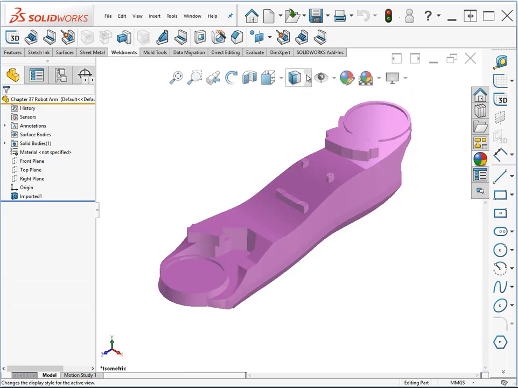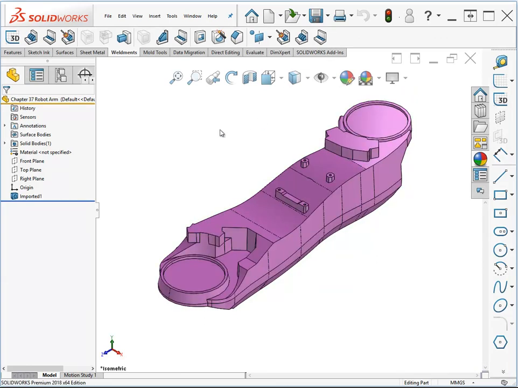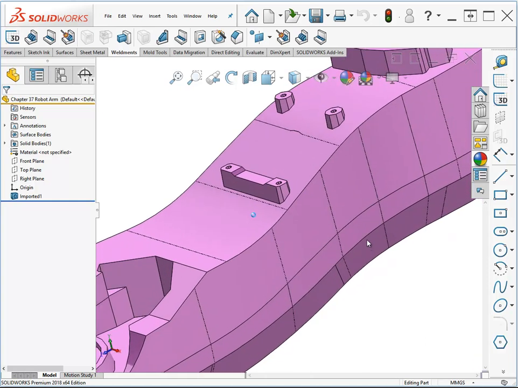And I want to show this with edges. For some reason, the imported ones always come in with just shaded display, and I really like to show shaded with edges. That helps me get a sense for edges that are tangent and edges that aren't tangent. The tangent edges are going to show up as phantom, not tangent edges are going to show up as solid,